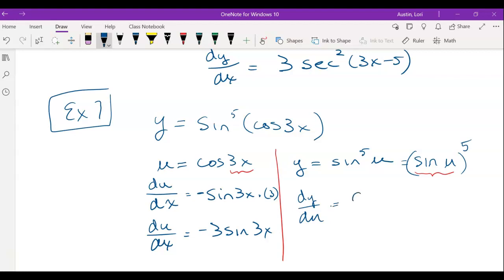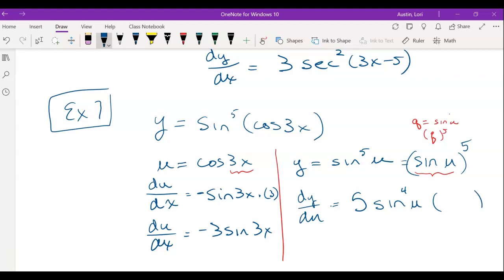Isn't that 5 sine to the fourth? Let's pretend, I don't want to keep using u's because I don't want to confuse you with all the u's, so let's pick q. If q equaled sine u, it would be q to the fifth power. And isn't the derivative of q to the fifth power 5q to the fourth power? So this becomes 5 sine to the fourth